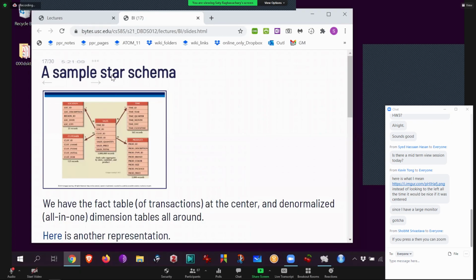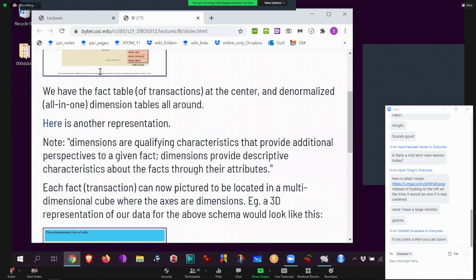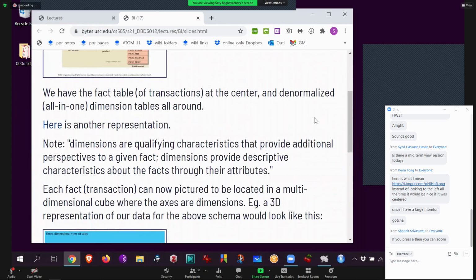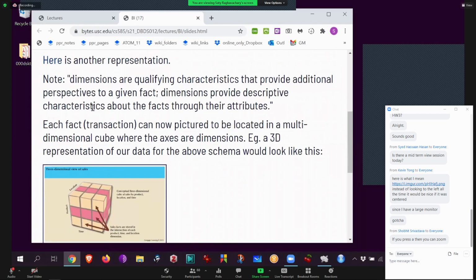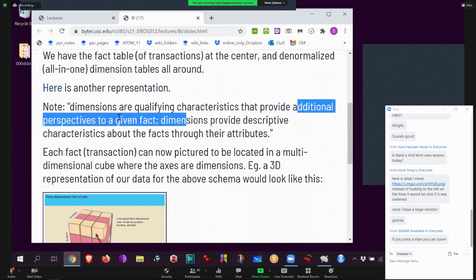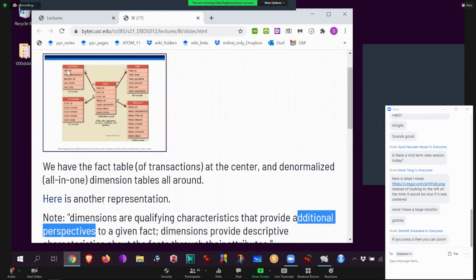Then the next evolution up from here is to say, these should all be their own columns. There should be a little mapping between any two of these. This little hierarchy of tables, then you call it a snowflake because it's almost like a fractal star. All right, so the fact table is in the middle, denormalized is over here, and then another representation. This is Wikipedia. And dimensions are those extra columns on the side. Okay, so dimensions provide additional perspectives.